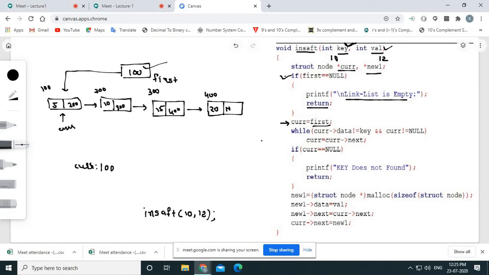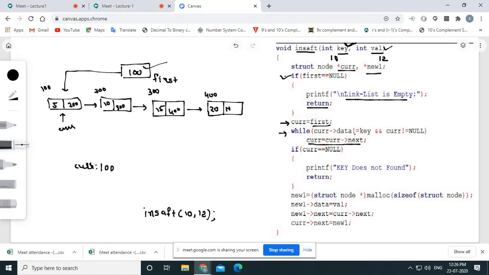Okay, then we are just finding whether the key is there in the linked list or not. So what we have written is: current point to data is not equal to key, and current does not become null. You just have to do current is equal to current point to next. So you have gone through the two conditions we mentioned in our while loop.